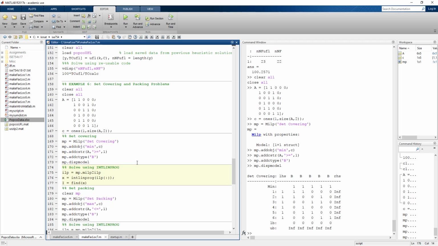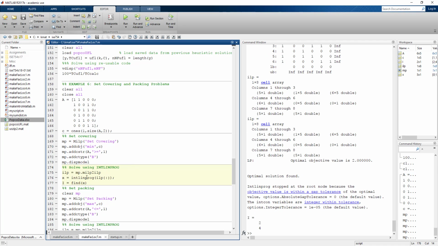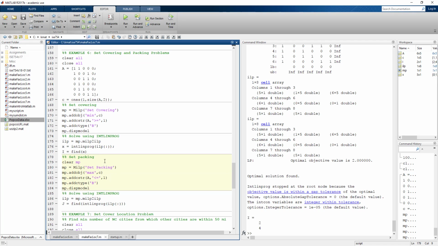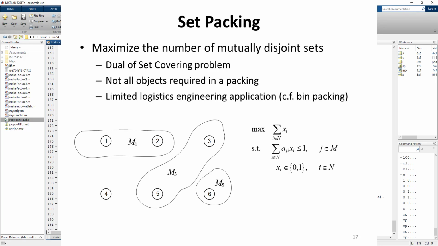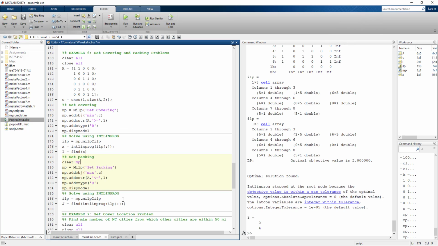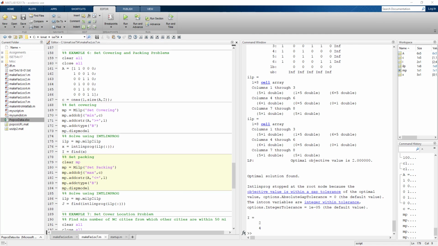And then I can solve it, and here, when I solve it, the objective is just the indices corresponding to where I actually have sets that cover all of my objects. So in this case, sets 2 and 4 cover all of them, and they're the minimum number of sets that cover all 6 objects. The dual of the set covering is the set packing problem. And here the objective is not necessarily to cover every object, but to maximize the number of subsets that are